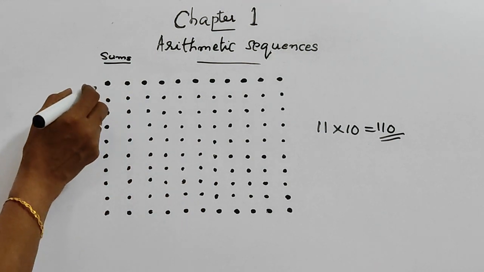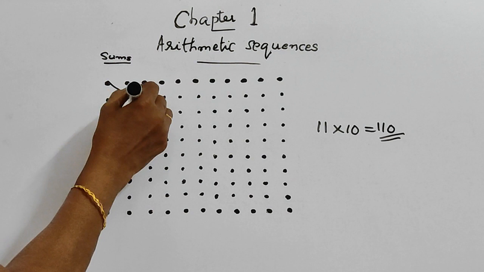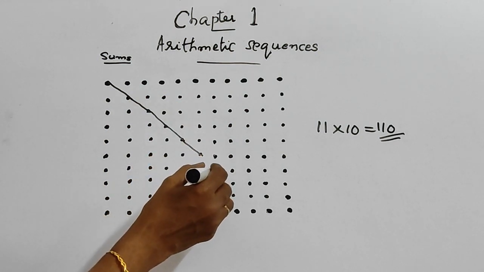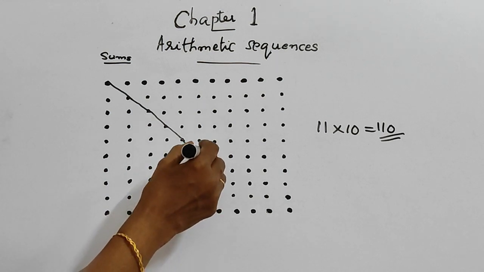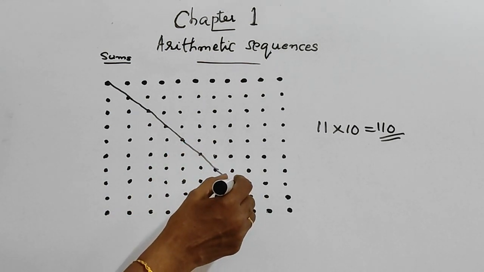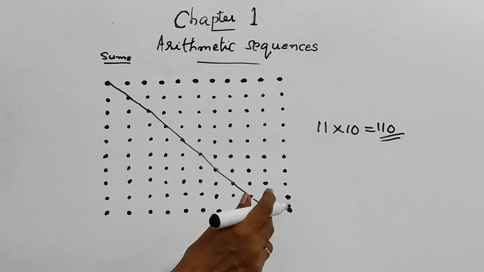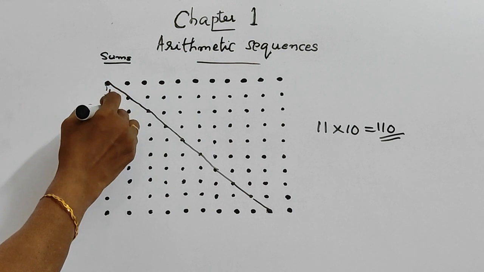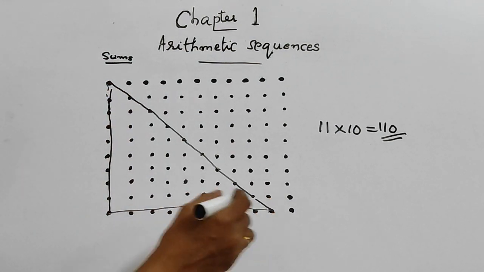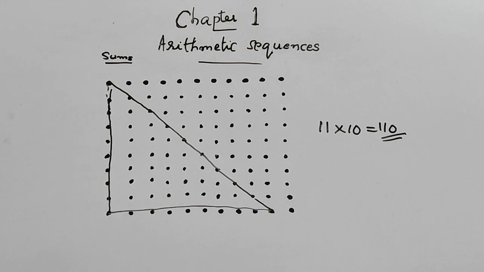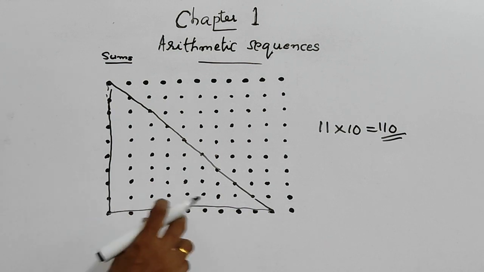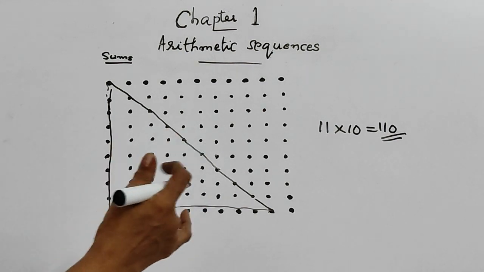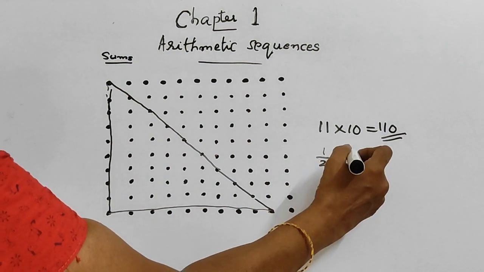If you make it half, 1, 2, 3 to 4, 4 to 5, 5 to 6, 6 to 7, 7 to 8, up to 10. See, like this if you join, now we get a triangle. How many dots are here? If not joined properly, then also consider it is joined. So how many dots are in this half triangle? Half of 110. That will be half into 110 equals